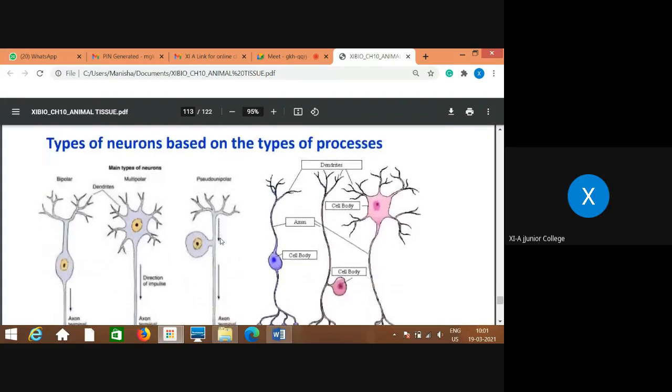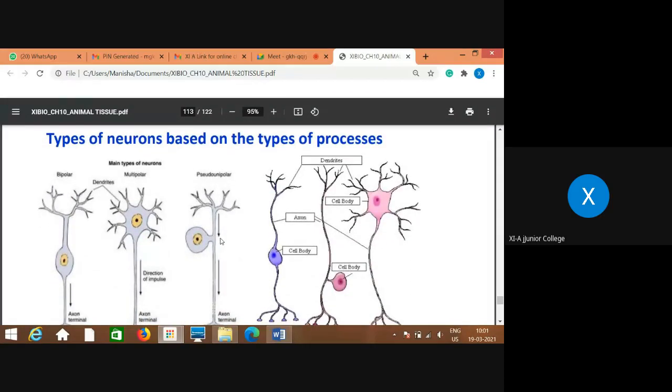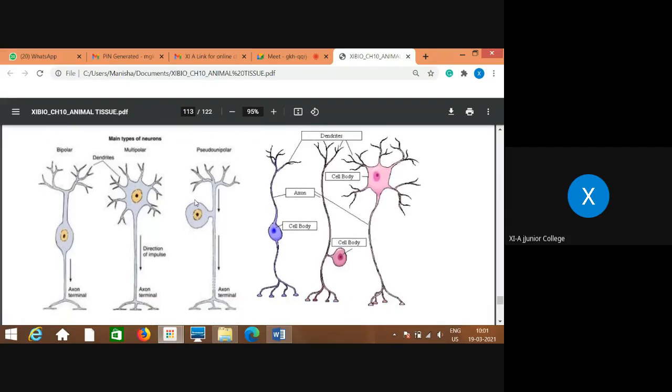Now, types of neurons based on the types of processes. That is very important and very easy also to understand. Now, in your textbook, you keep your diagram 10.19, that is nervous tissue. Depending on the presence of the processes, they are called unipolar, bipolar and multipolar. Now, if you see this diagram, you can see this is the single one,